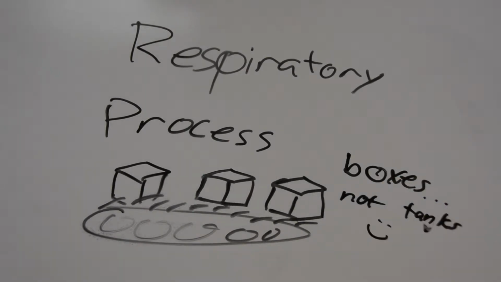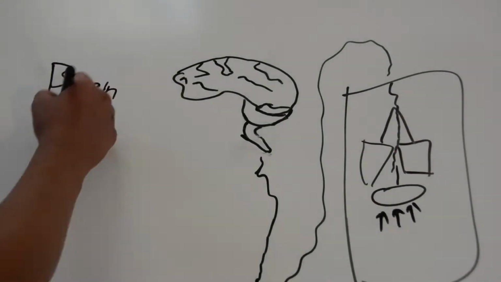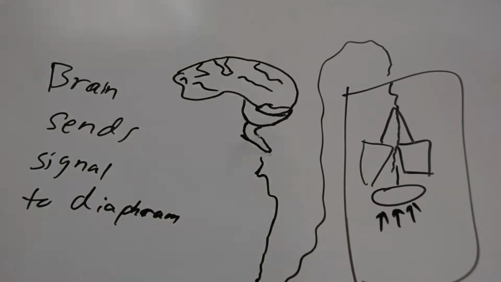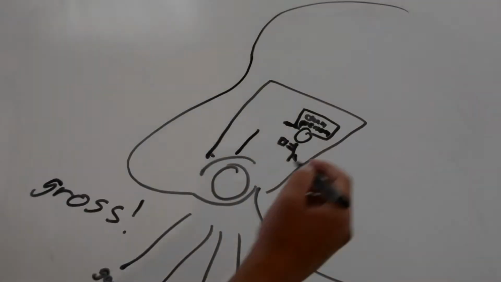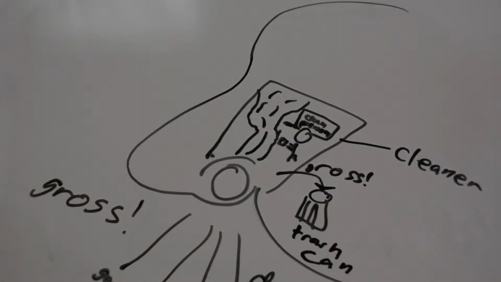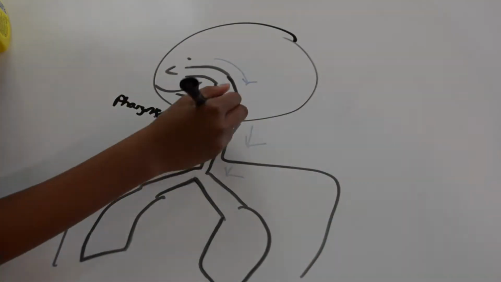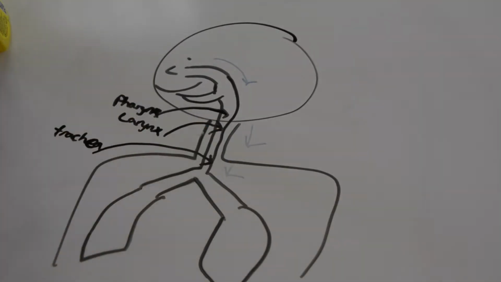First, let's talk about the respiration process. In the beginning of this process, the brain sends signals to the diaphragm to contract inward and inhale by lowering air pressure in the lungs. The nasal cavity then humidifies, warms, and cleans this air. Afterwards, the air moves through the pharynx, into the larynx where the vocal cords are, then through the trachea, and